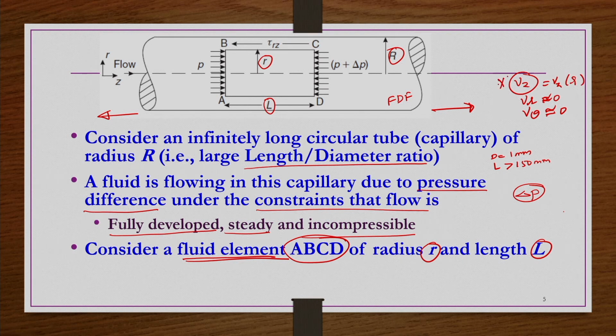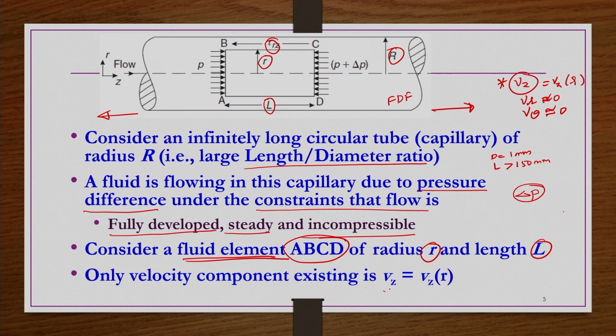We have only the Vz component of velocity, which is changing only in the radial direction, that is the r direction. So, because only Vz exists and it is a function of r, the only stress that is going to exist here is shear stress tau Rz. Other components of the shear stress would not be there, and normal stresses we are not considering here. Okay? Because we are doing this analysis for time independent non-Newtonian fluids. So, the only velocity component that exists is Vz, which is a function of r.